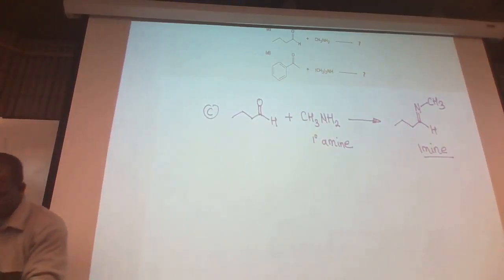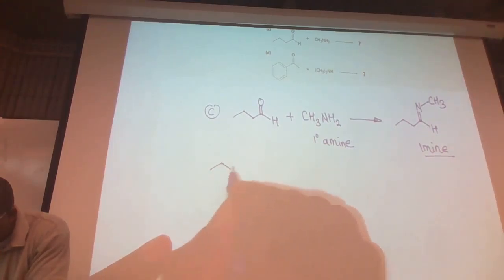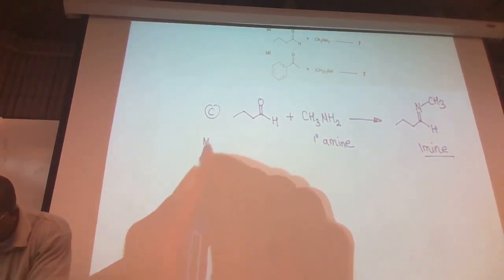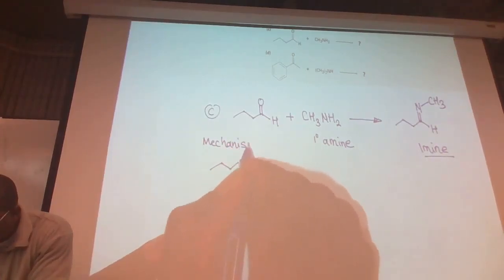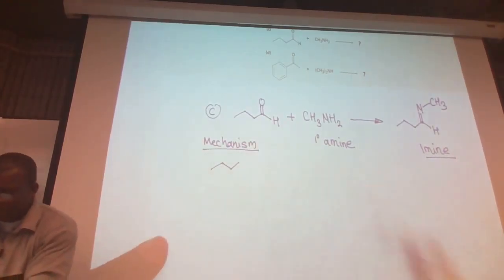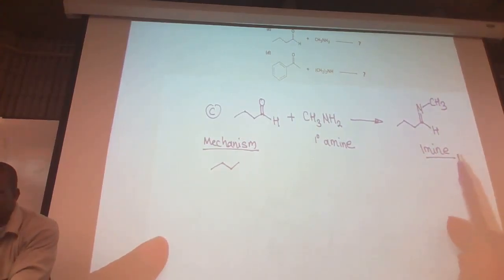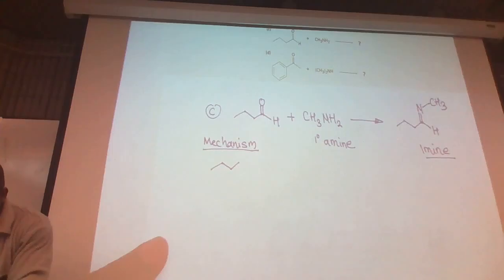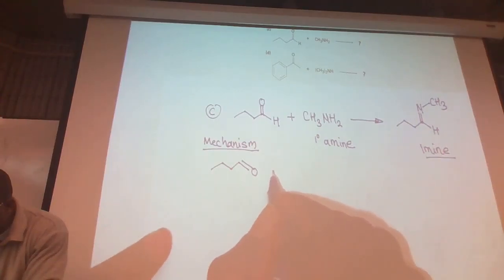Okay? So we know that aldehydes and ketones undergo nucleophilic addition. Again, when you answer this kind of question, you first have to draw your product because you get credit for that, and then you do the mechanism. Okay? So 1, 2, 3, 4. I'm going to draw the carbonyl here. So when you treat that,